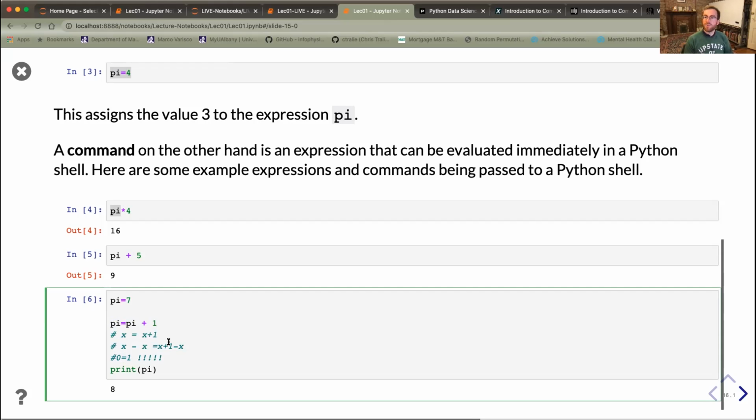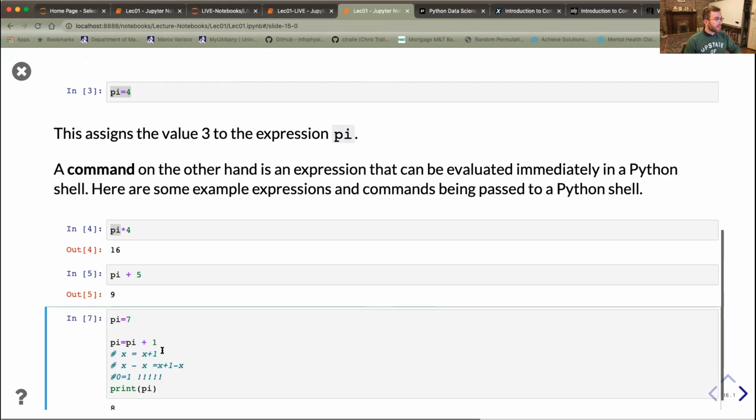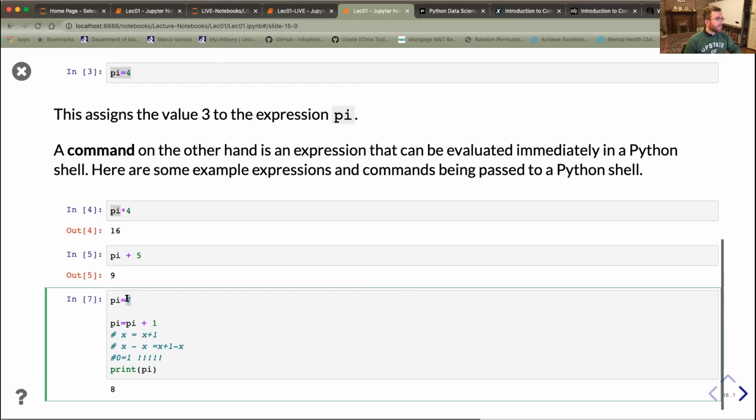So in essence, if you try to interpret Python expressions as math equations, you'd be in trouble and led to all sorts of contradictions. Instead, what you want to think of this as being, I have an equal sign and I have variables on the left, and then I have expressions on the right. And when I evaluate a value of an expression, I can go back in memory. And so I use older values of pi in this case. So for example, all right, so that's pi equals 8. Notice that if I run this now as pi equals 8,